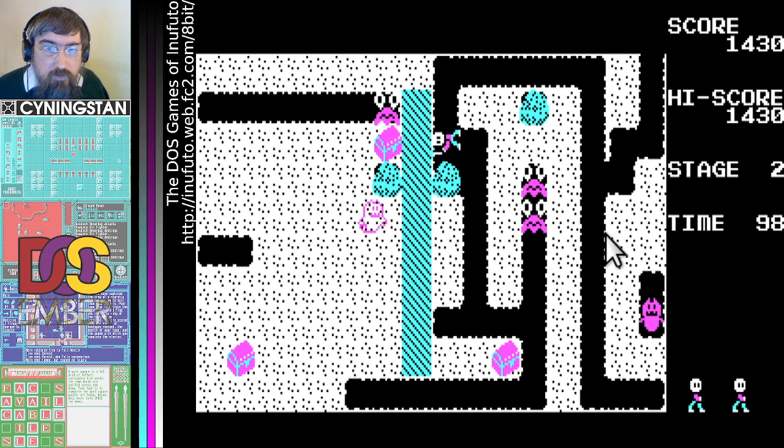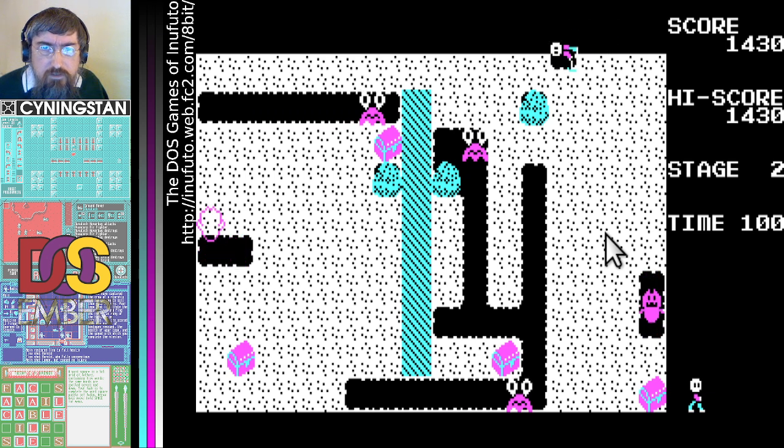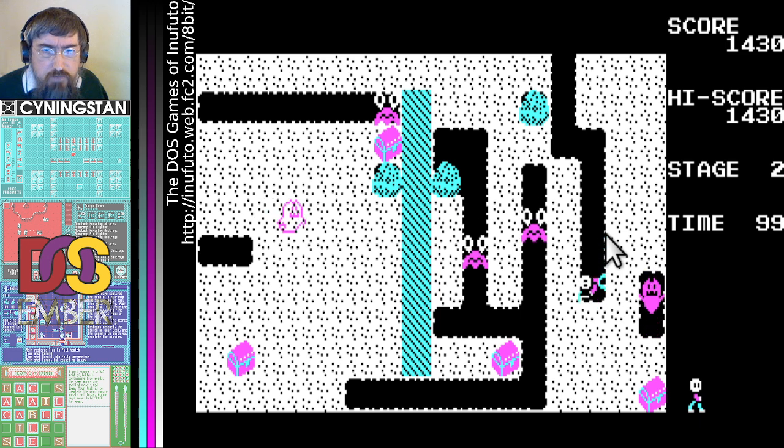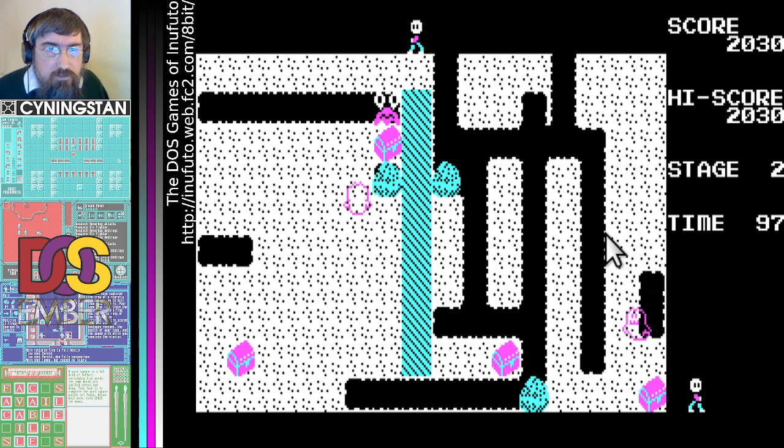Right, so what I need to do is get this. No, okay, that's not how I do it. No, what I need to do is lure these two and then drop a rock on them. That's what I need to do. So you two come down here. Then go up there. And then do I get a chance to do that? I do, that's wonderful.